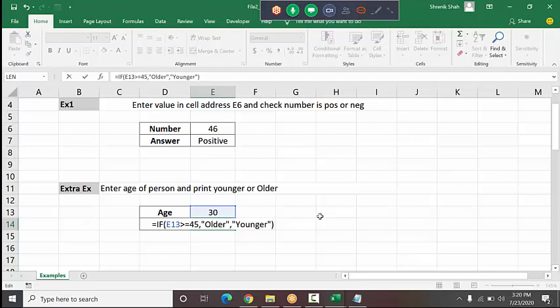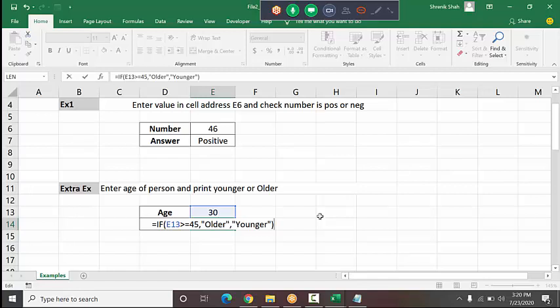Has anyone done this second question? See, I want to check only the age of the person and print younger or older.